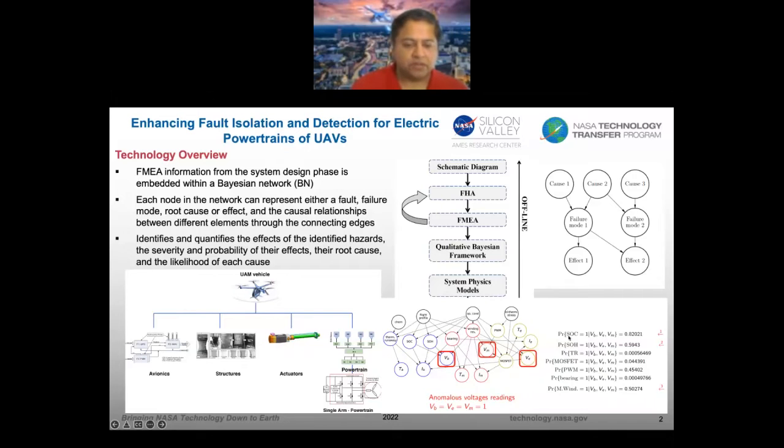So based on the information we have from the sensors, for the probability of failure, the SOC, which is the state of charge of the motor, has the highest probability. That's why it has a probability of close to 0.8, while the state of health, which is basically the battery aging, has a lower probability. And then the motor winding, the M wind, has the least probability. So these are the top three probabilities for what could be the root